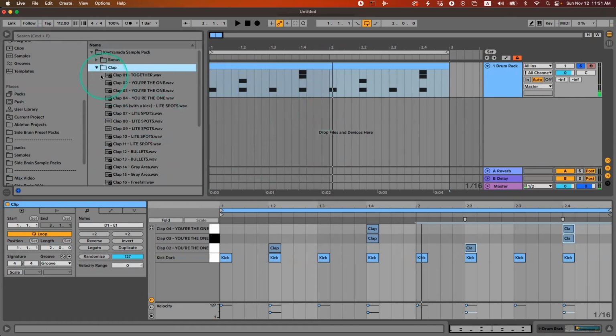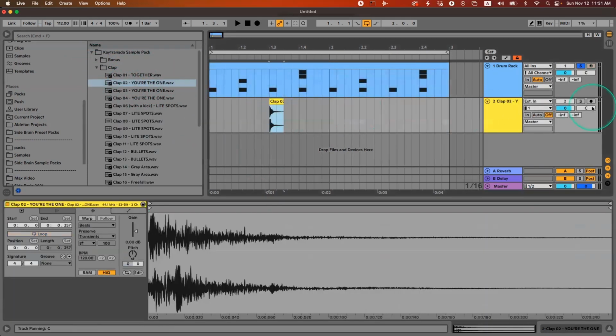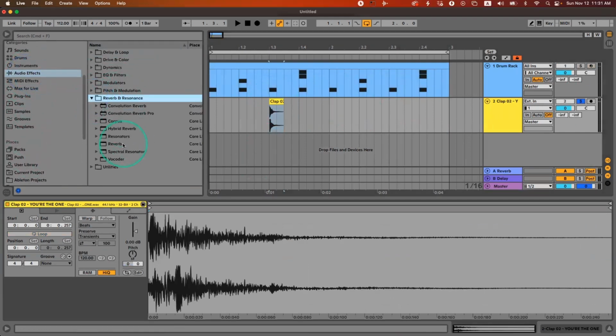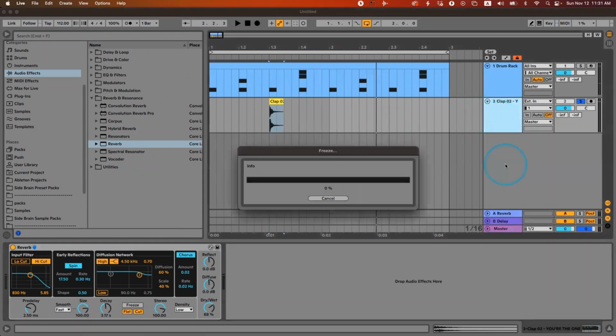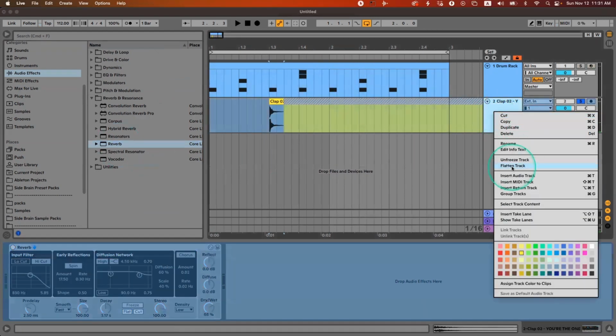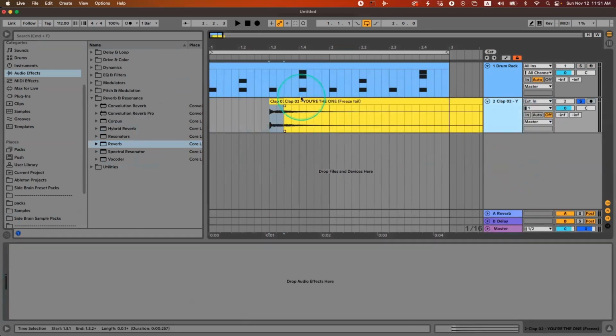Nice. Now let's talk about one simple sound design technique. I'm going to take a clap here, one of the claps, put it anywhere. Let's say here. I'm going to solo that, and I'm going to load a reverb on it. Okay. Let's load a reverb, and let's make the decay quite long. I'm going to freeze this. I'm going to flatten. Okay, so right-click freeze, right-click flatten track,